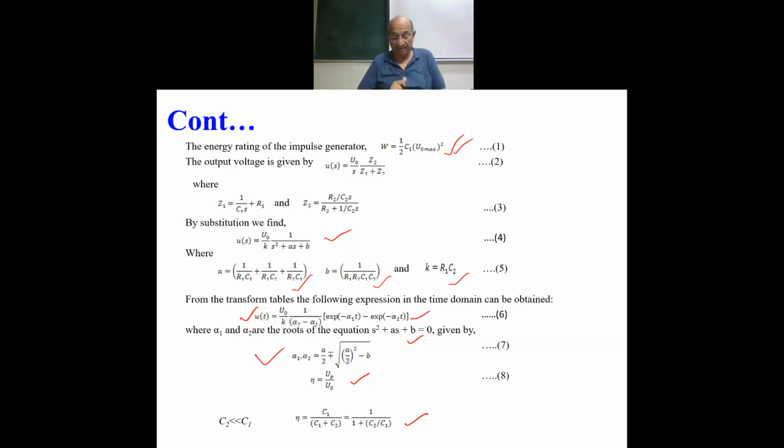Now C1 is known to you. C2 you can always measure. So you can also estimate the efficiency as 1 upon 1 plus C2 by C1. This is also known as voltage efficiency, and what we are interested in is nothing but the voltage output. We have also learned that the output voltage is